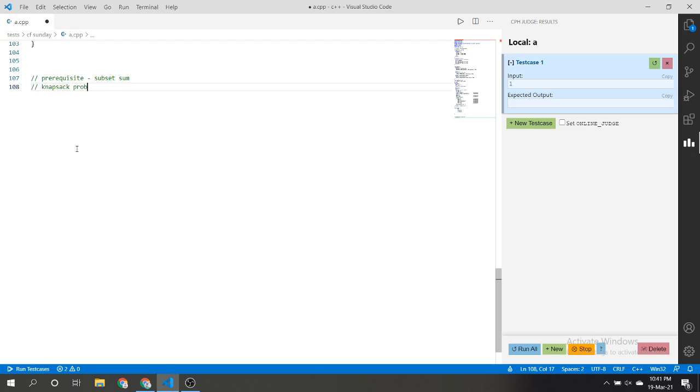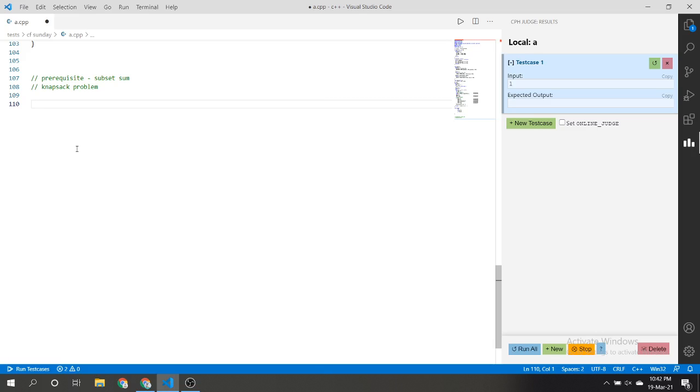If you don't even know the knapsack problem, don't worry, I will explain subset sum, and then you can Google the knapsack problem and you will find it very easy to understand. So these two things: the first you will understand from me, and the second you can search on the internet.